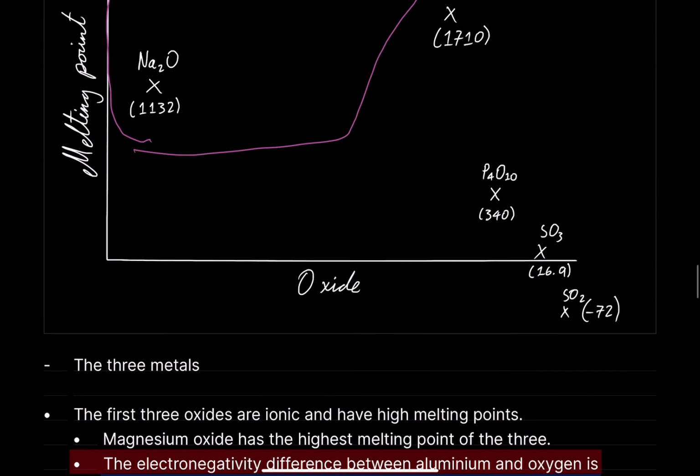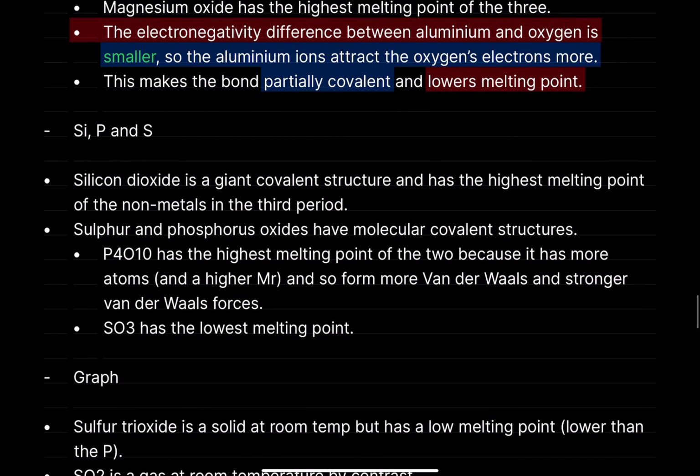So of the non-metals, it has the highest melting point, but definitely not the highest of all the period 3 oxides. Sulfur and phosphorus oxides have a molecular covalent structure similar to the elements by themselves. They also have a covalent structure, where P4, but the difference is that similar to phosphorus